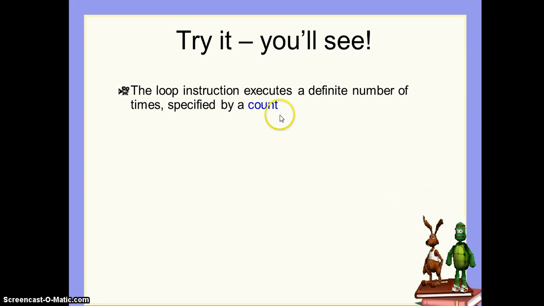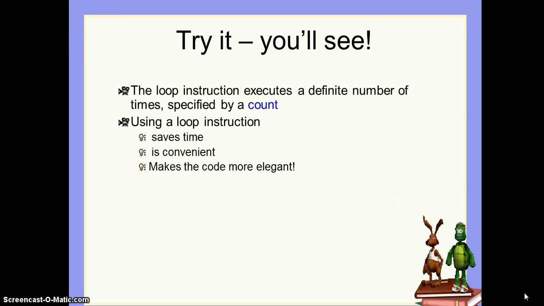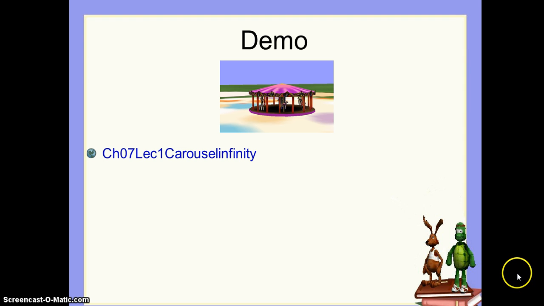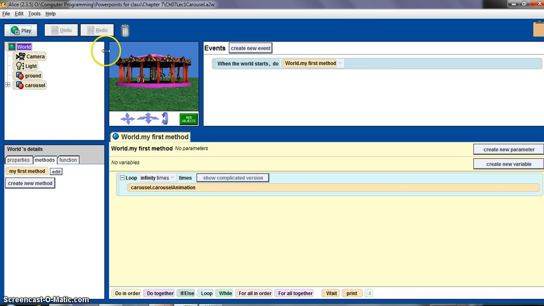So as we said, it's specified by count. That's just the name for the number. And let's try this out. So using a loop instruction, it saves time, it's convenient, makes it more elegant. It certainly does, and you can do things again and again and again. Okay, so this is a fun example. Let me show this one to you. Okay, if I play it,